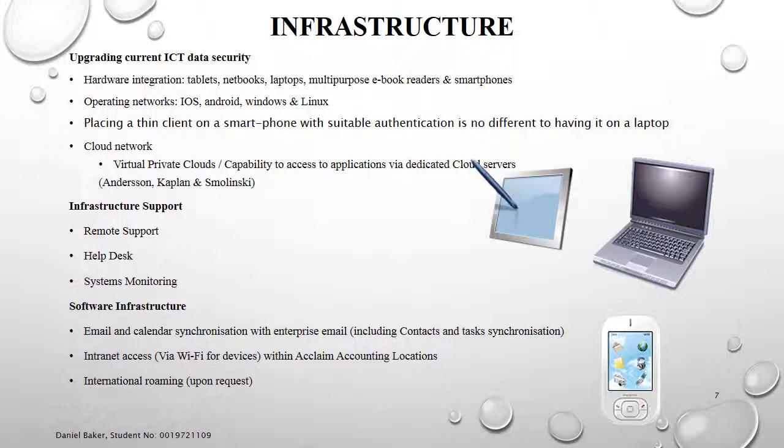Some of the infrastructure that needs to be considered is hardware, looking at what kind of device you may use, such as tablets, netbooks, laptops, ebook readers, and smartphones. Also looking at the operating systems, having the choice of iOS, Android, Windows, Linux, etc. Also placing a thin client on a smartphone, which will provide suitable authentication, and it's no different to the way